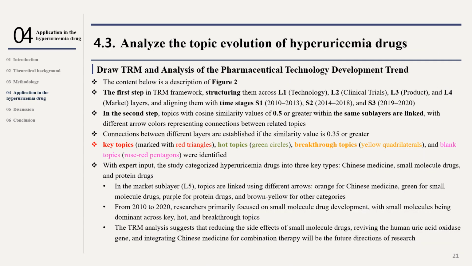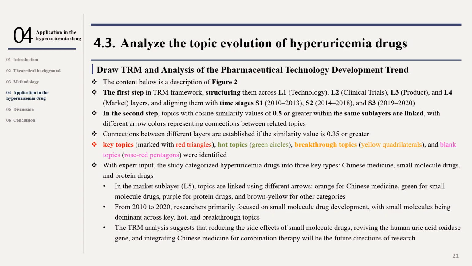Let's talk more about figure 2. The first step in the TRM framework is structuring topics across L1, L2, L3, and L4, and aligning them with time stages S1, S2, and S3. In the second step, topics with cosine similarity values of 0.5 or greater within the same sublayers are linked, with different arrow colors representing connections between related topics. A connection between different layers is established if the similarity value is